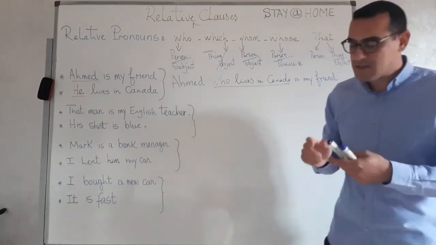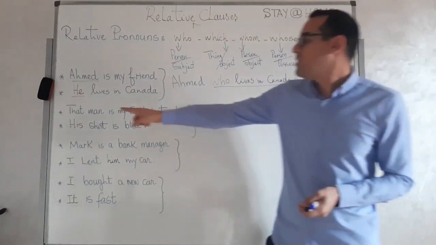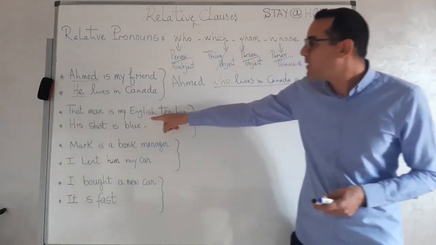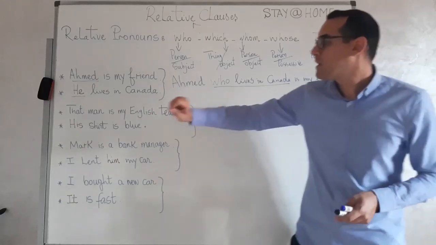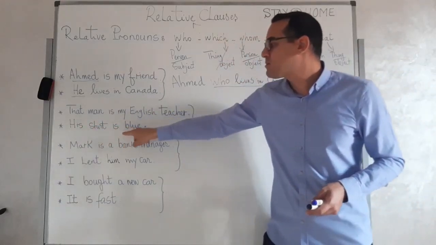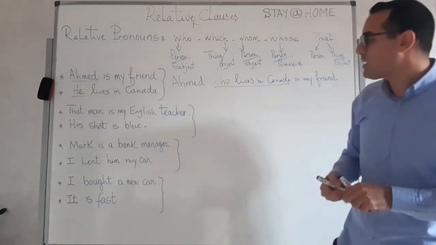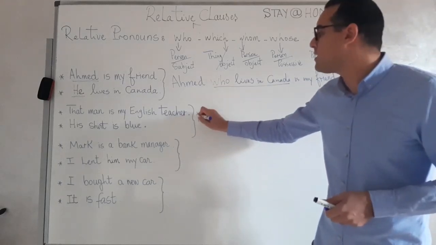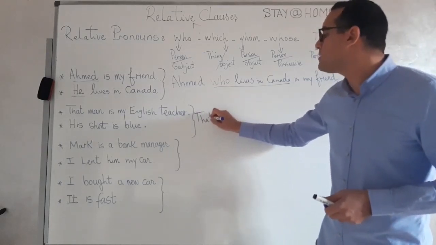Let's go to the second sentence. We have: That man is my English teacher. His shirt is blue. So we can simply join these two sentences and say, that man